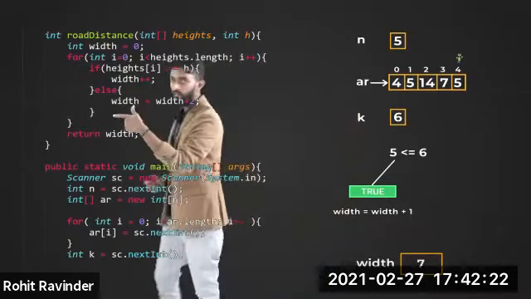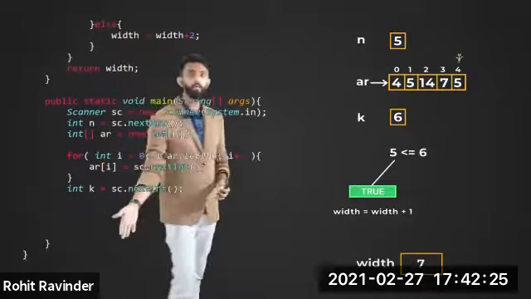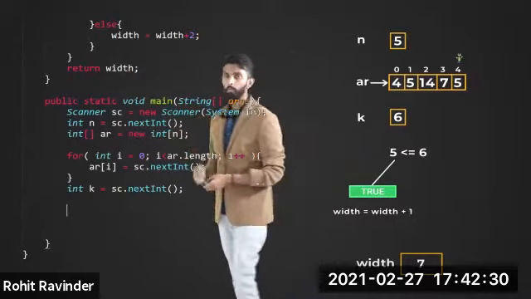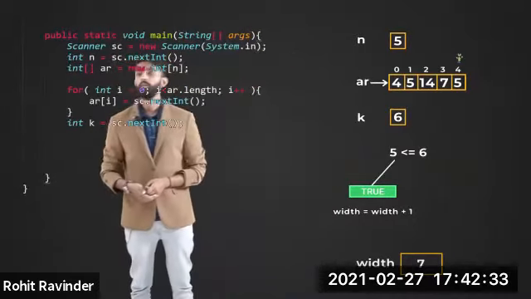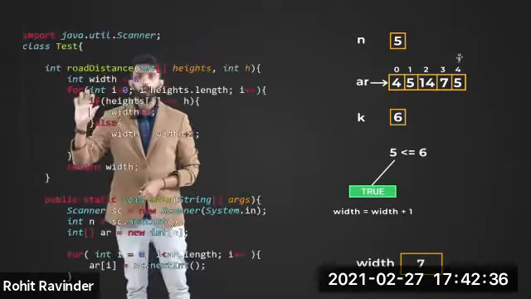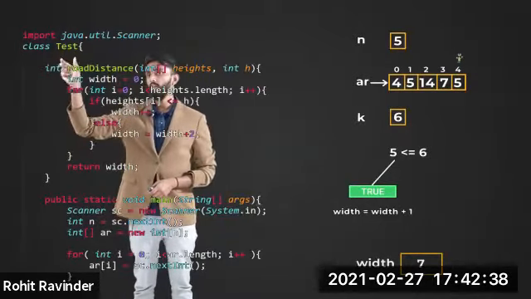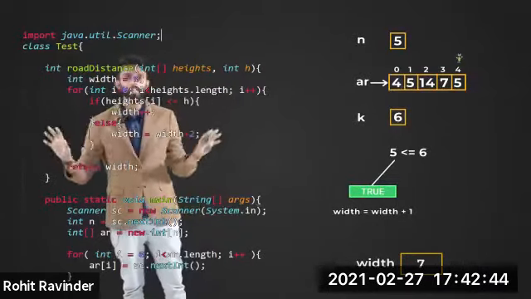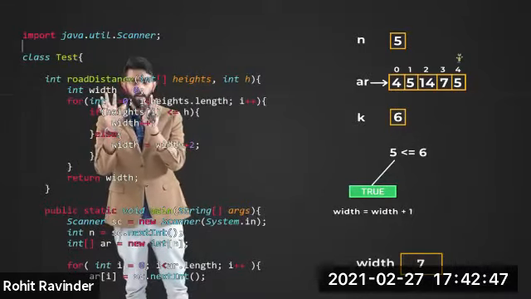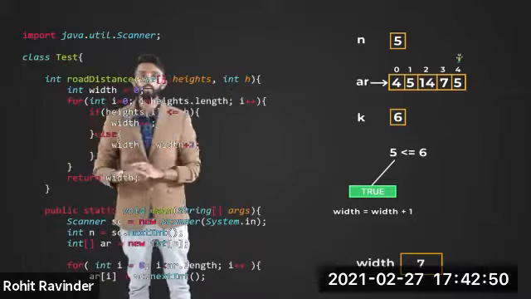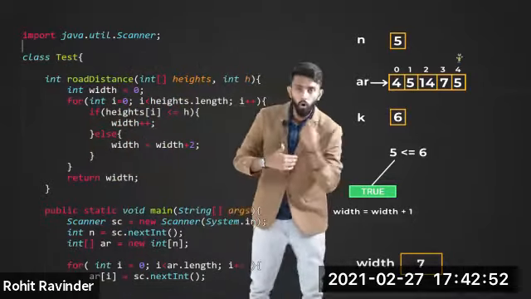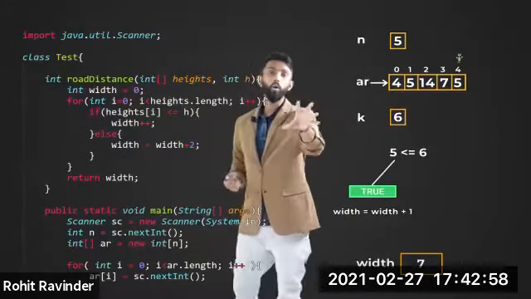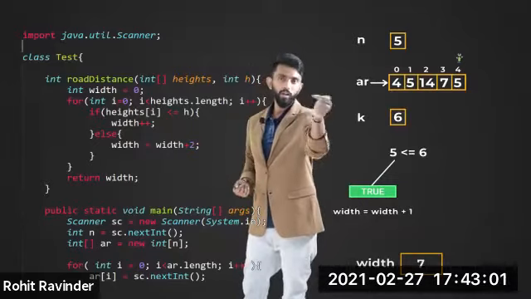Peaceful? Wonderful. Now let us come down. And here what I'm going to do is, in my main function, I have to call that. But traditionally in Java, if I scroll up a little bit, if there is a class and there is a function inside a class, technically this is called an instance method. Instance method means to access this function, an object of the class should be created. But I don't want an object to be created. Without object creation, I want to call roadDistance. If you want to make a function in Java which can be called without object creation, what should you do? One keyword you have to attach.